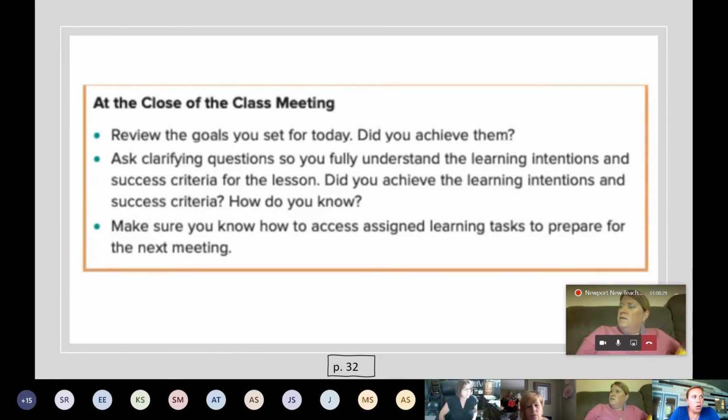The other thing, you've heard me mention socialization and things like that. Especially at the beginning, for sure, you're going to have to set aside some time for some of that socialization to occur. So carve out the 5 minutes so that you can do some get to know you activities, some fun things, because they're not going to be able to talk to their friends like they normally would.